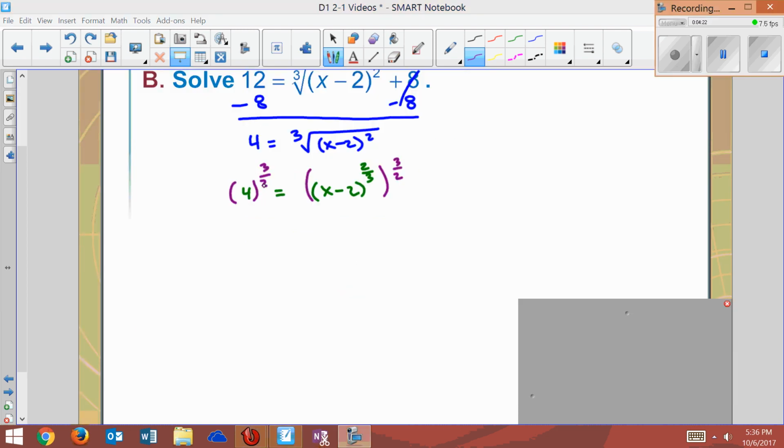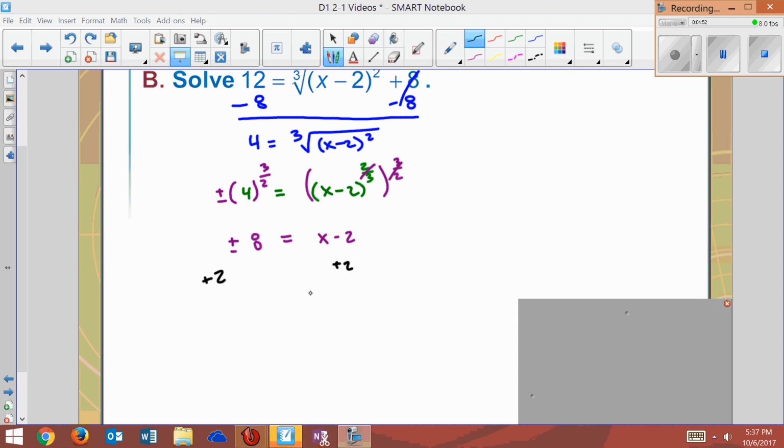But anytime you take a square root, which technically raising something to 3/2 is taking the square root, you're going to have plus or minus over here. It's just a rule of math. So this part cancels out. So I'm left with x minus 2 equals 4 times the plus or minus. Now the square root of 4 is 2, and 2 cubed is 8. And you could have just typed that in the calculator. So plus or minus 8 equals x, which means when you add the 2 over,